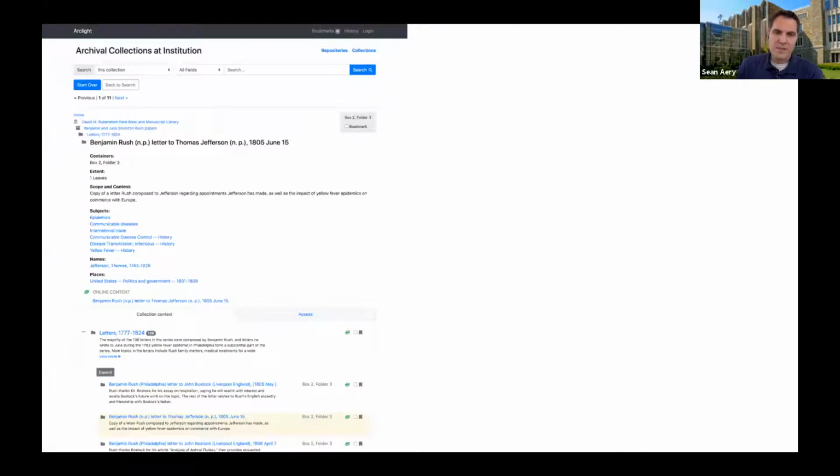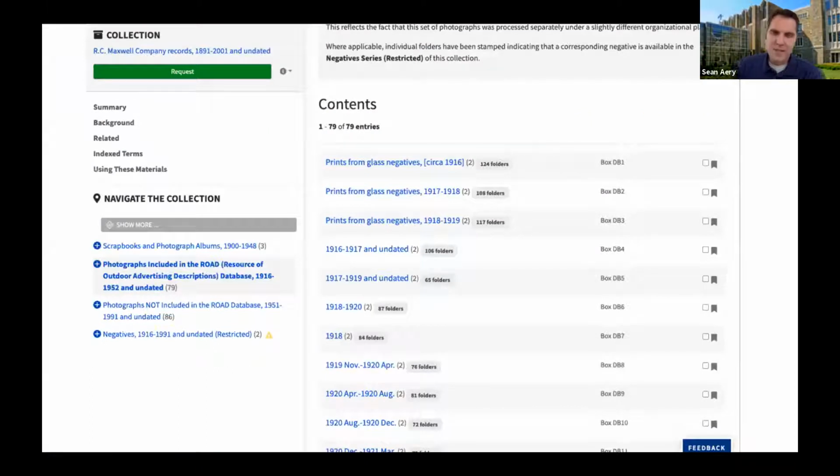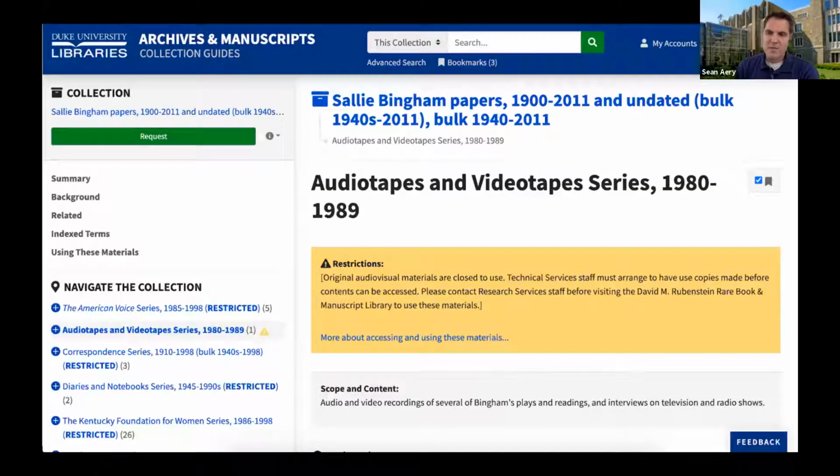We also really customized the component view. Similarly, in the component view, you're getting the current context for where you are in the finding aid. Over on the left-hand side, we put a section that's going to display a list of child components for any particular component in the main body of the finding aid display as well. And then anything that has restrictions, we changed some of the rules around inheritance for access and use restrictions and made some kind of brighter callouts to restricted components in the UI.